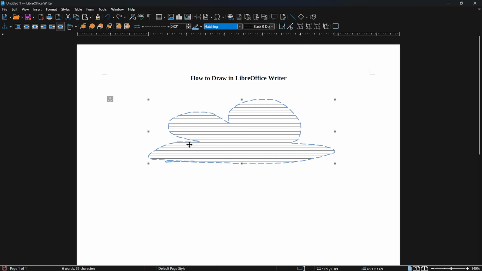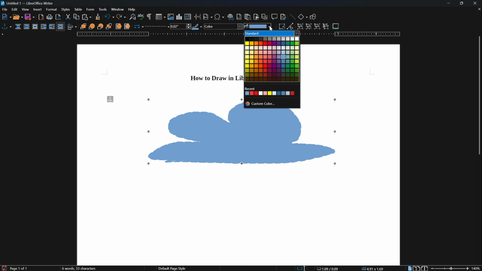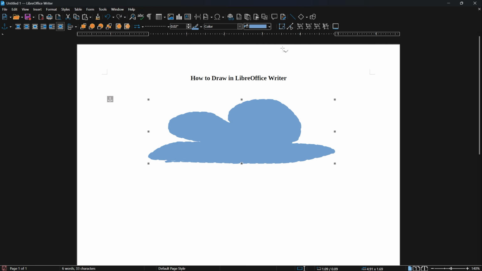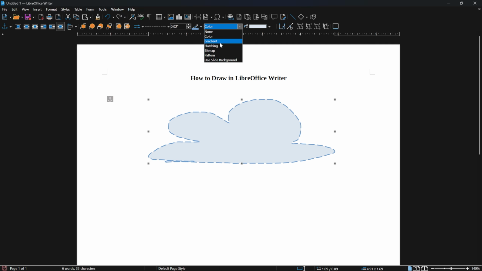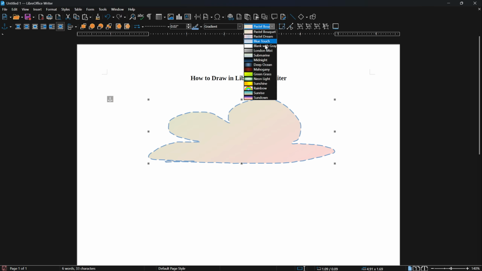There you go. And once we've changed the line at the end, we can definitely head over here and then change or choose color. So we can definitely put some color in the middle, or we can also use gradient and then choose something that is somehow relevant to our drawing. So there you go. Let's go back to the line,